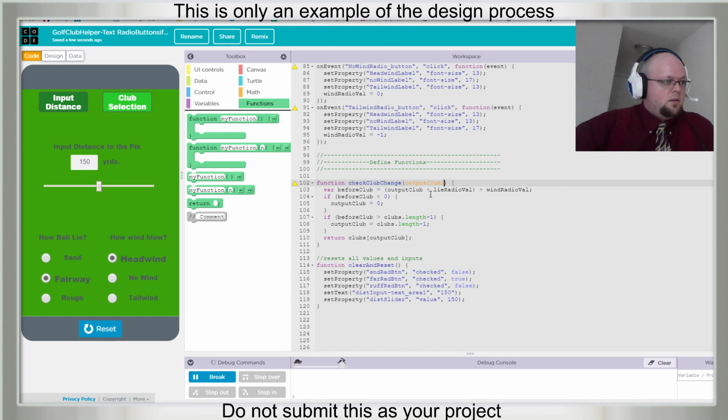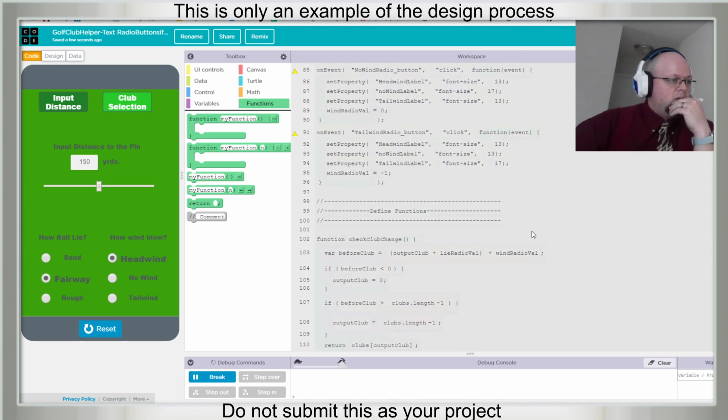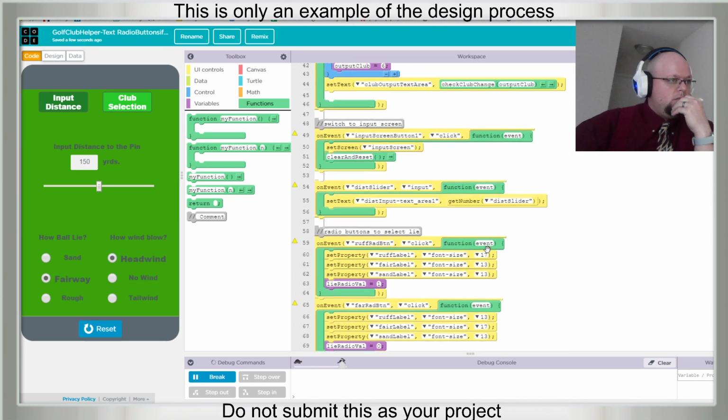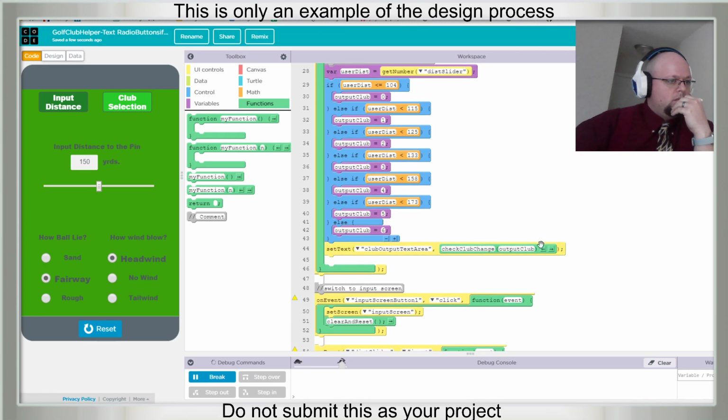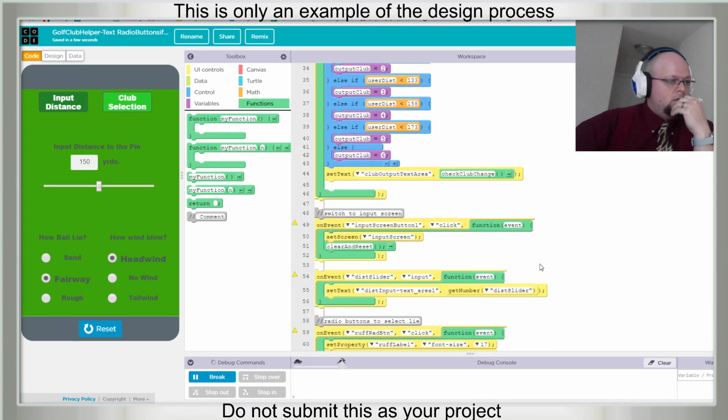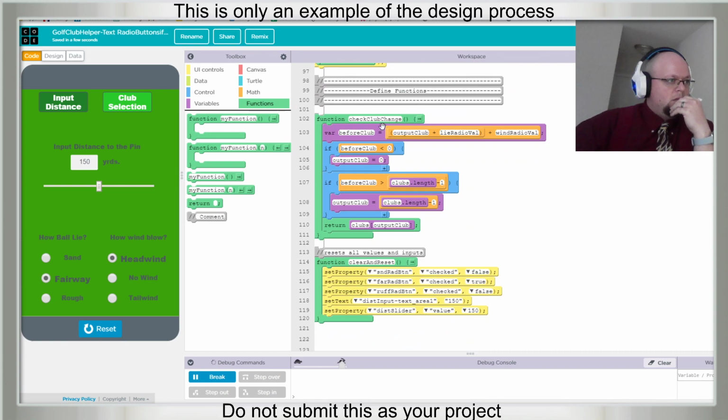Let's say here. No, don't. Let's get rid of that. Check club. Before club is output club plus lie radio val plus wind radio val.